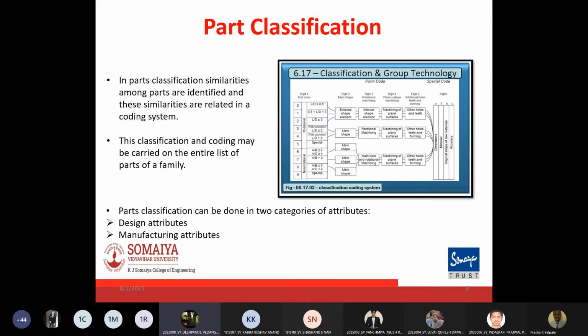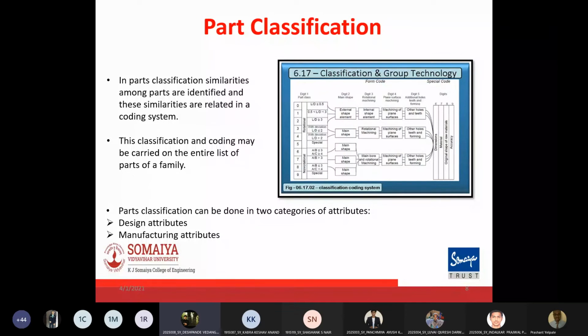For complex structures or parts, part classification is the method used for classifying parts into part families. We can say it is just the advanced version of visual inspection. It consists of computerized classification of parts, in which the computer asks some questions and the user has to answer them by looking at the part or collecting some data, and the computer automatically gives us the required coding system. That is, we are classifying the part by assigning a different coding system to different parts.